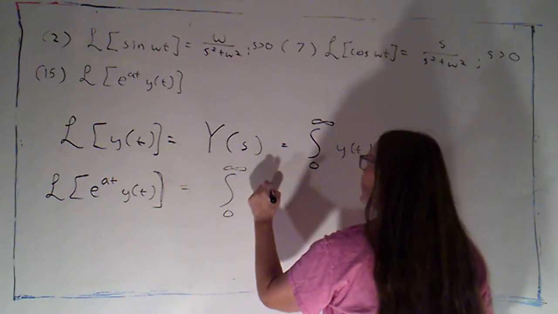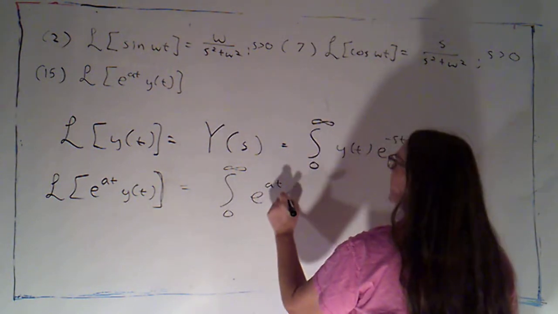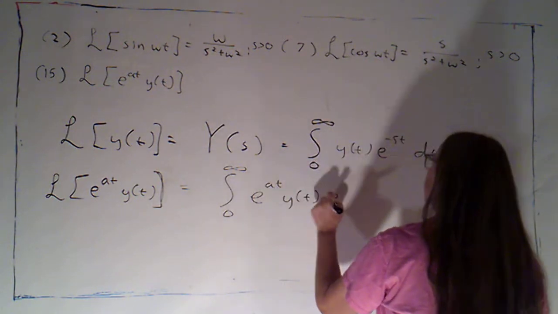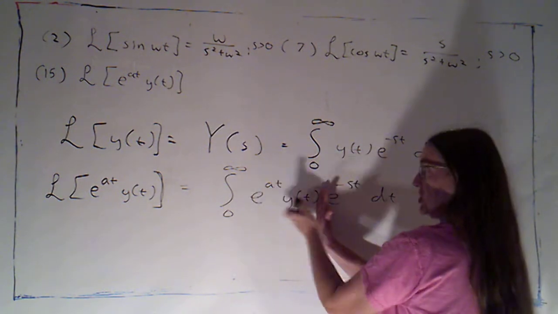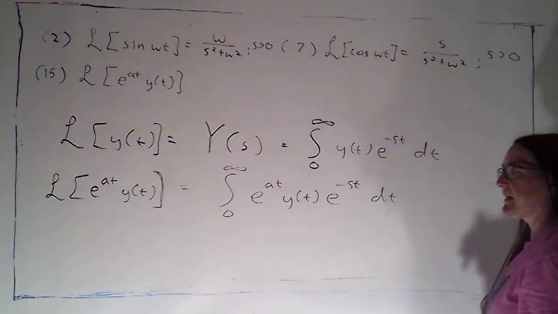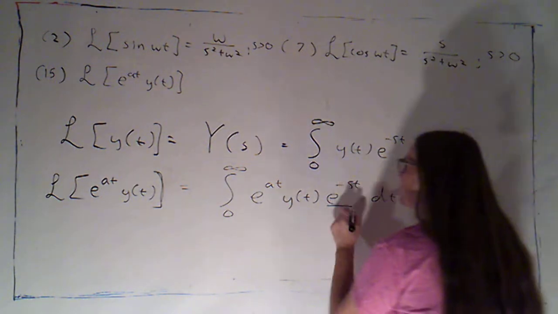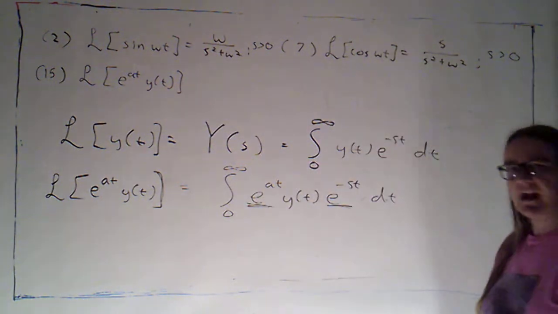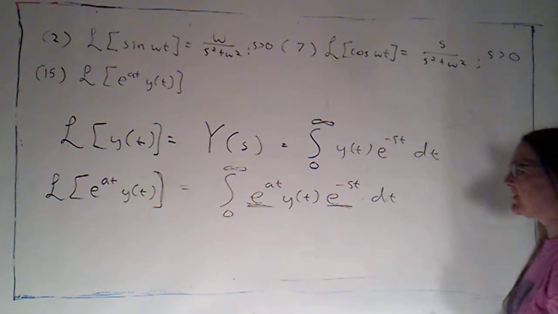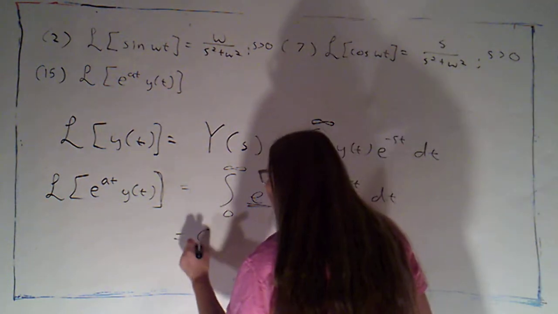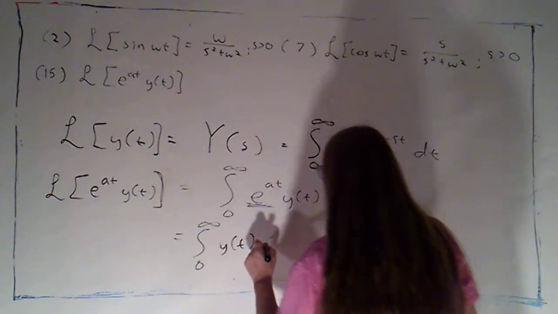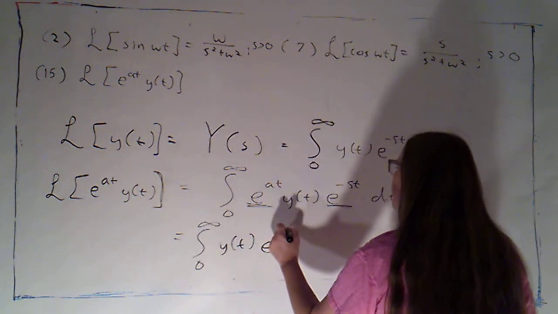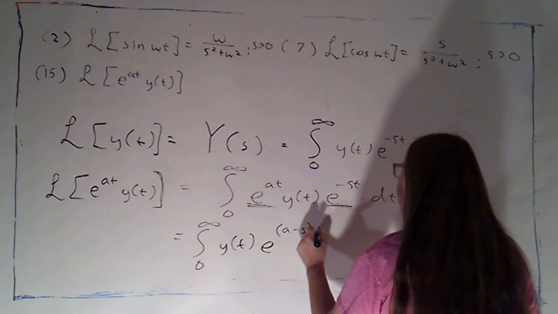Well, the definition of this is that this would be the integral from 0 to infinity of e to the at times y of t times e to the negative st dt. So it's just my function times e to the negative st. But now this part and this part are exponentials, so I can combine those. So I can say this is the integral from 0 to infinity of y of t times e to the a minus s t